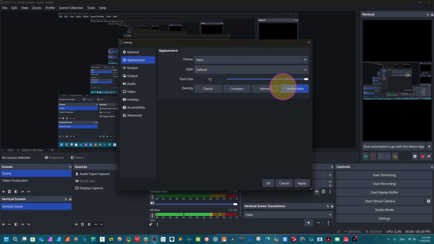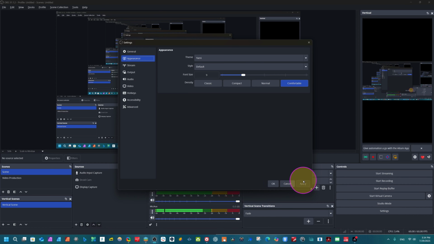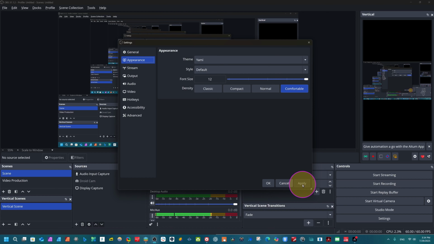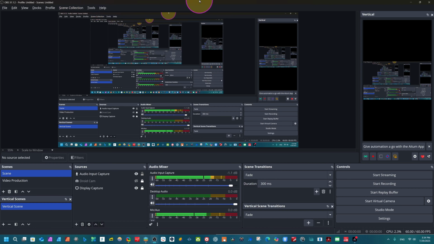Okay, the main changes in our UI: now you can increase or decrease the font size from here. You see our OBS will be smaller here. We have normal mode, compact mode, classic mode, comfortable mode. Once you apply, your OBS will change. I will use the big size font and this comfortable one. Normal, compact, classic you can use, but I will go for classic and apply. Now you can see we have the best interface of OBS, very modern now.